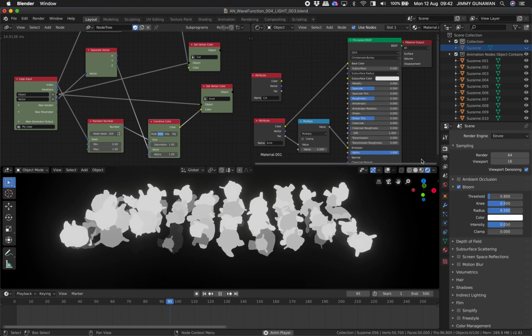Ideally, we just plug in the strength there, the color goes in here, and plug the emission there. Now it's working again. Yeah, maybe something I did. But there you go. That's just a quick look at how you can do this